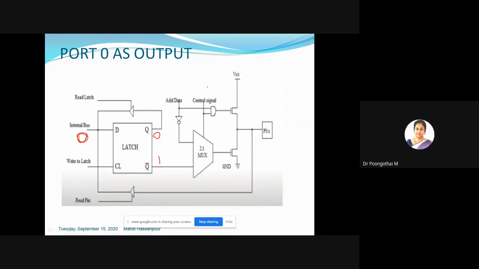Control signal is 0 here. 0 AND any signal, the output is 0. And this signal is propagated through the 2:1 mux, the output is 1. So this one acts as an open switch and this one acts as a closed switch.